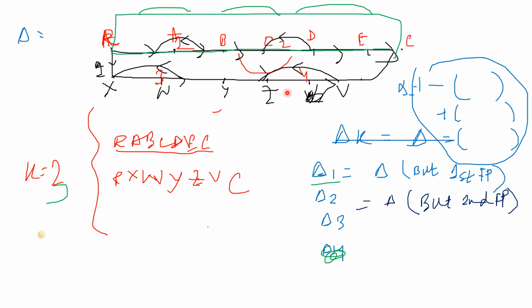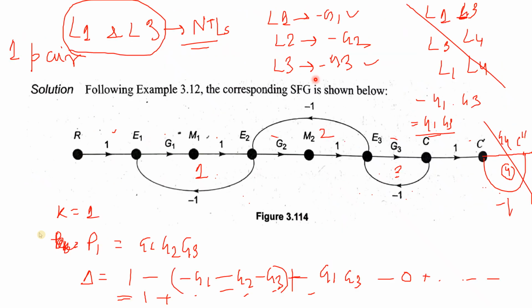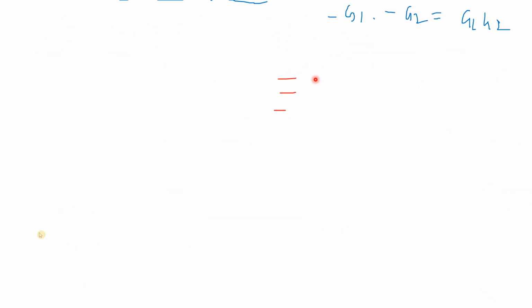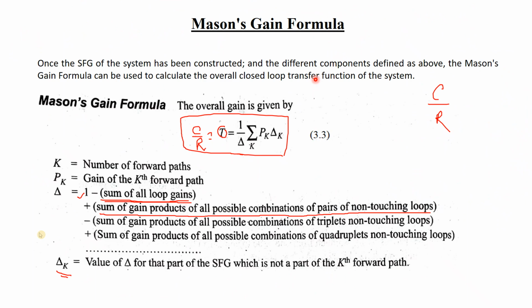मान लो कि तीन फॉरवर्ड पाथ है. पहले वाला फॉरवर्ड पाथ के लिए जब डेल्टा 1 निकालना है, तो वो फॉरवर्ड पाथ छोड़ के बाकी के फॉरवर्ड पाथों में हम लोग लूप्स को कंसीडर करेंगे. अब डेल्टा 2 जब निकालेंगे, तब दूसरा वाला जो फॉरवर्ड पाथ है उसके ऊपर जितना भी लूप है वो नहीं निकालेंगे. मतलब जिस डेल्टा को हम निकालेंगे उस पाथ को छोड़ के बाकी का लूप्स को हम देखेंगे. This is delta k.